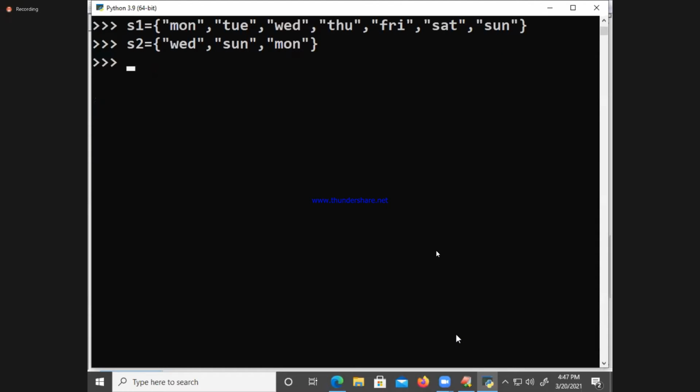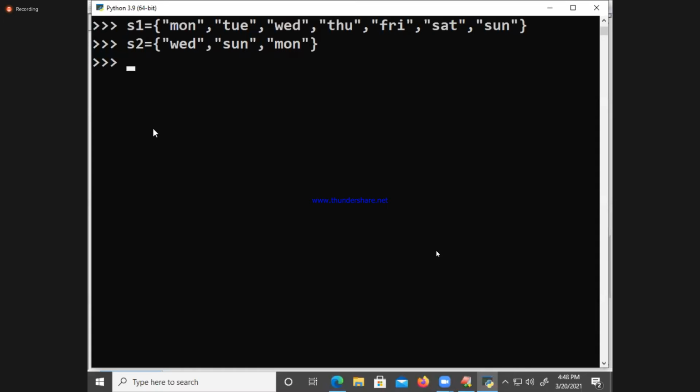Which one is superset and which one is subset? S1 is the superset and S2 is the subset, because every element of S2 is a part of S1. And you know, every set is a subset of itself, our mathematics theory. I will apply two functions.